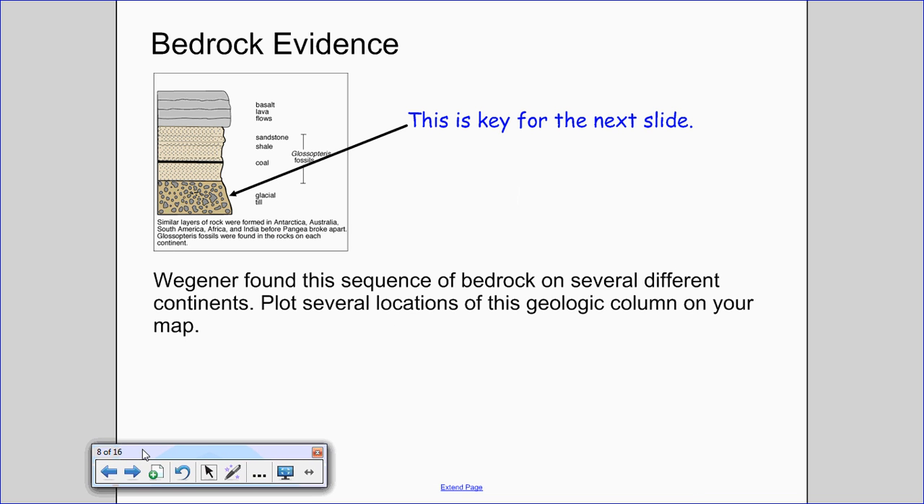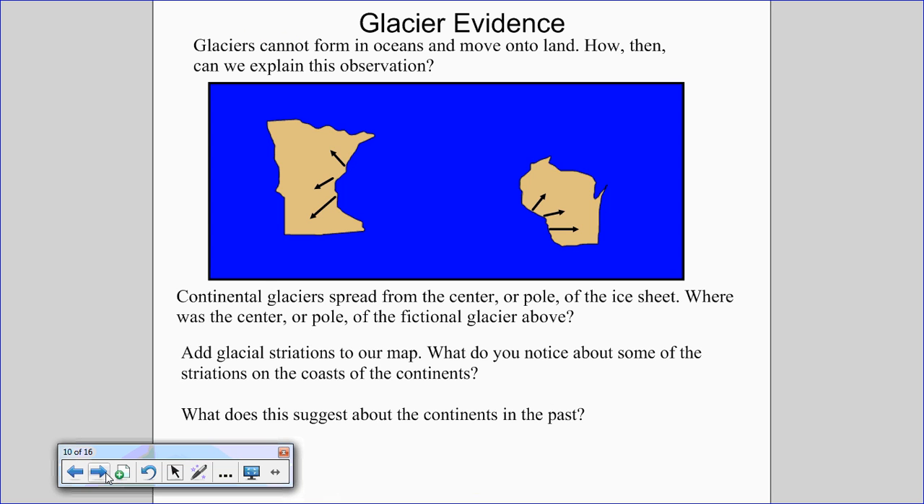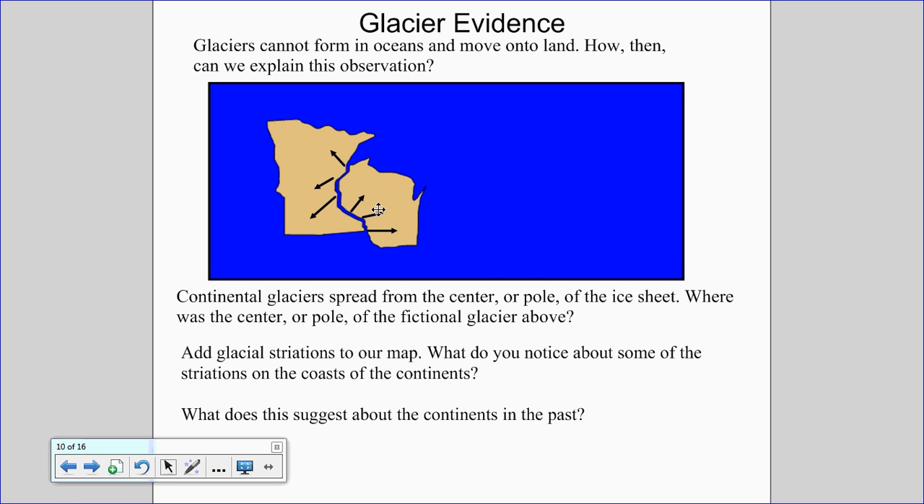Furthermore, Alfred Wegener had bedrock evidence. Again, you're going to go back to your base map and plot the fossil fuel and matching bedrock evidence. Third, you're going to plot Alfred Wegener's glacier evidence. Glaciers cannot form in oceans. As such, Alfred Wegener proposed all of the continents must have fit back together as one